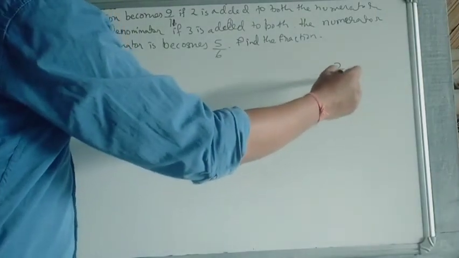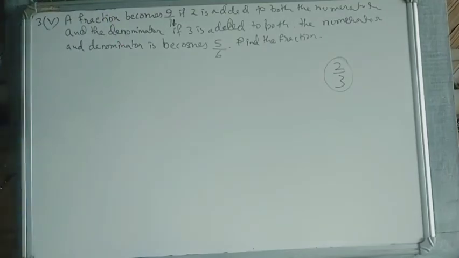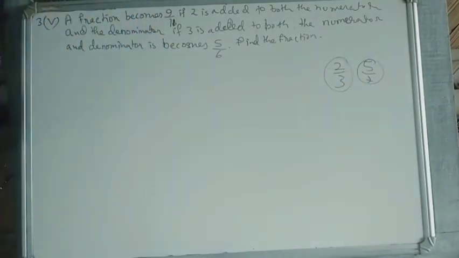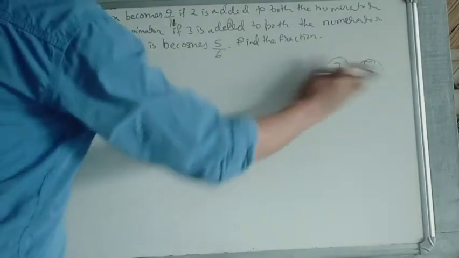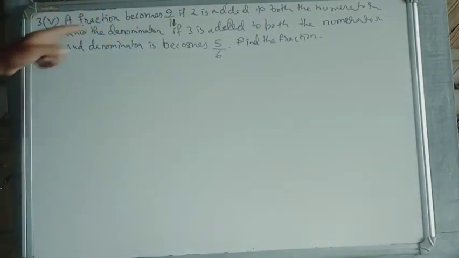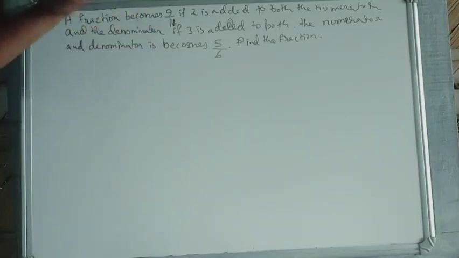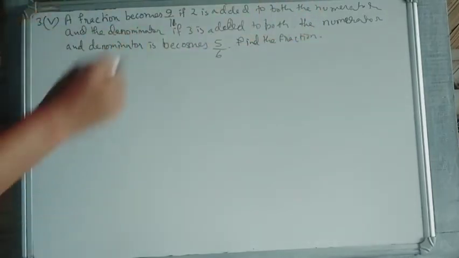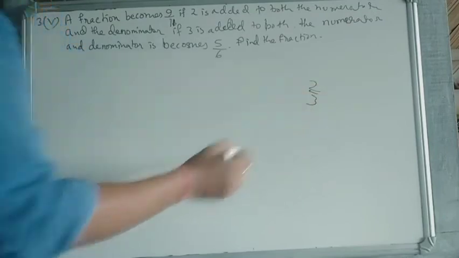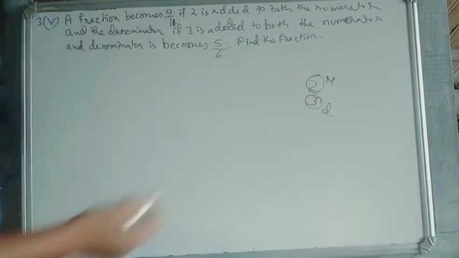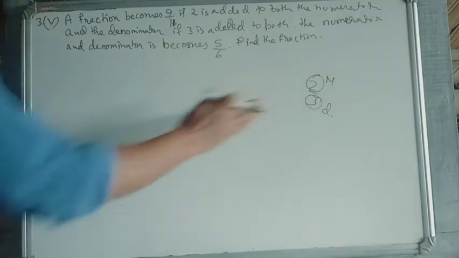that means 2 by 3, if I say, this is a fraction. 5 by 7, it is a fraction. So any number which will be in the fraction, we don't know the number, so we have only that a fraction will become 9 by 11 if 2 is added to both the numerator and denominator. So in a fraction, suppose 2 by 3, the upper one is called the numerator and the down one is called the denominator.